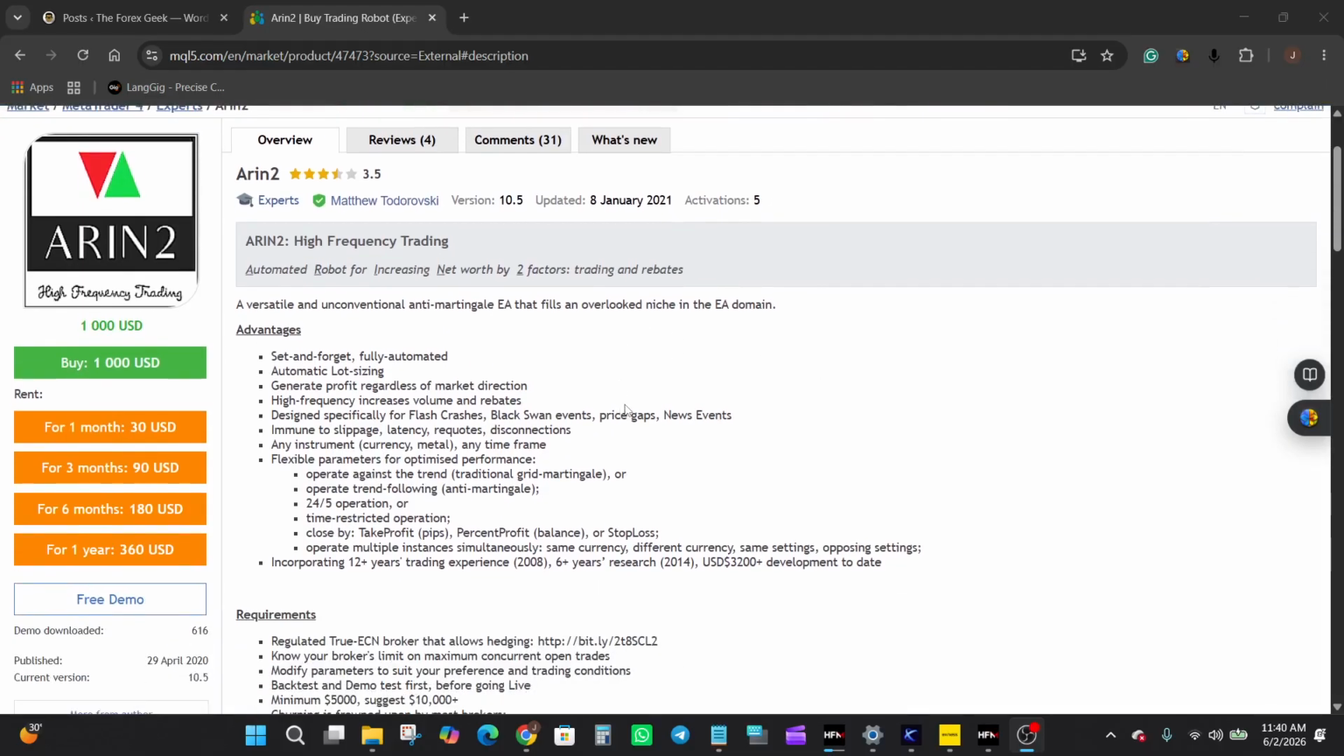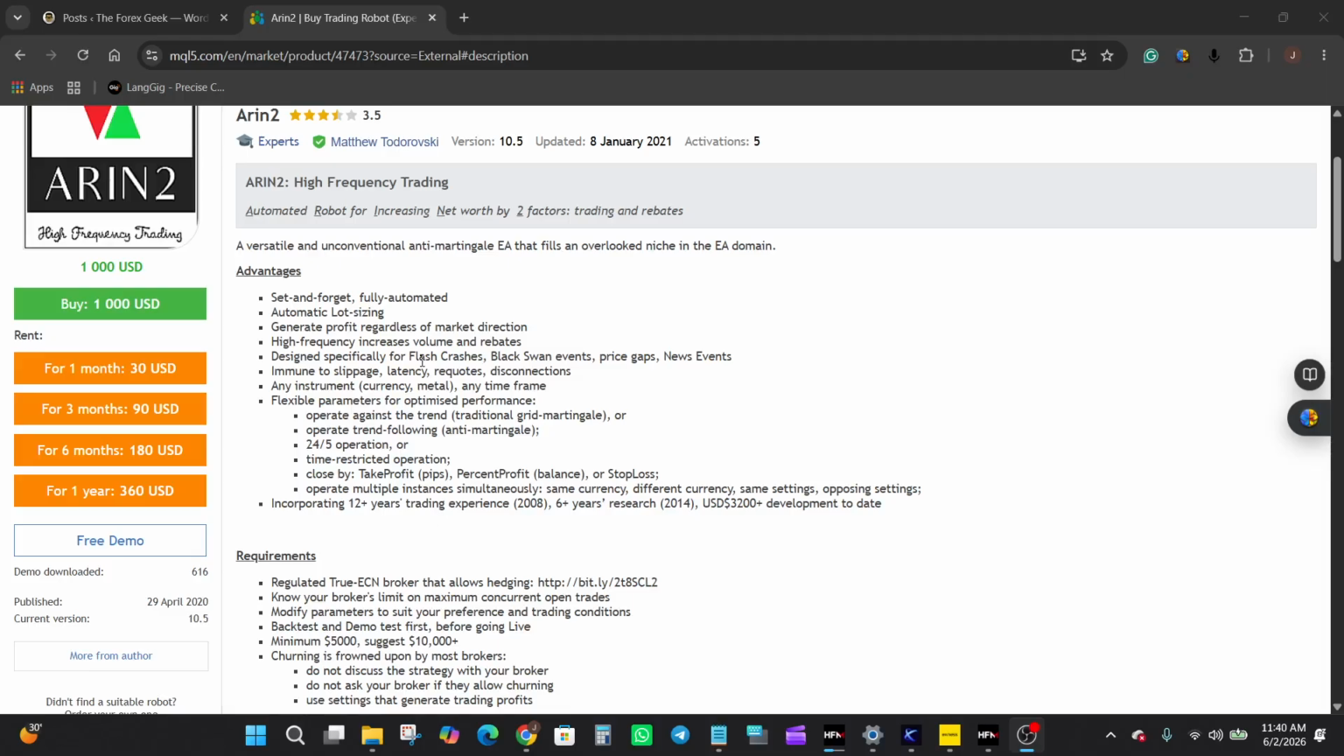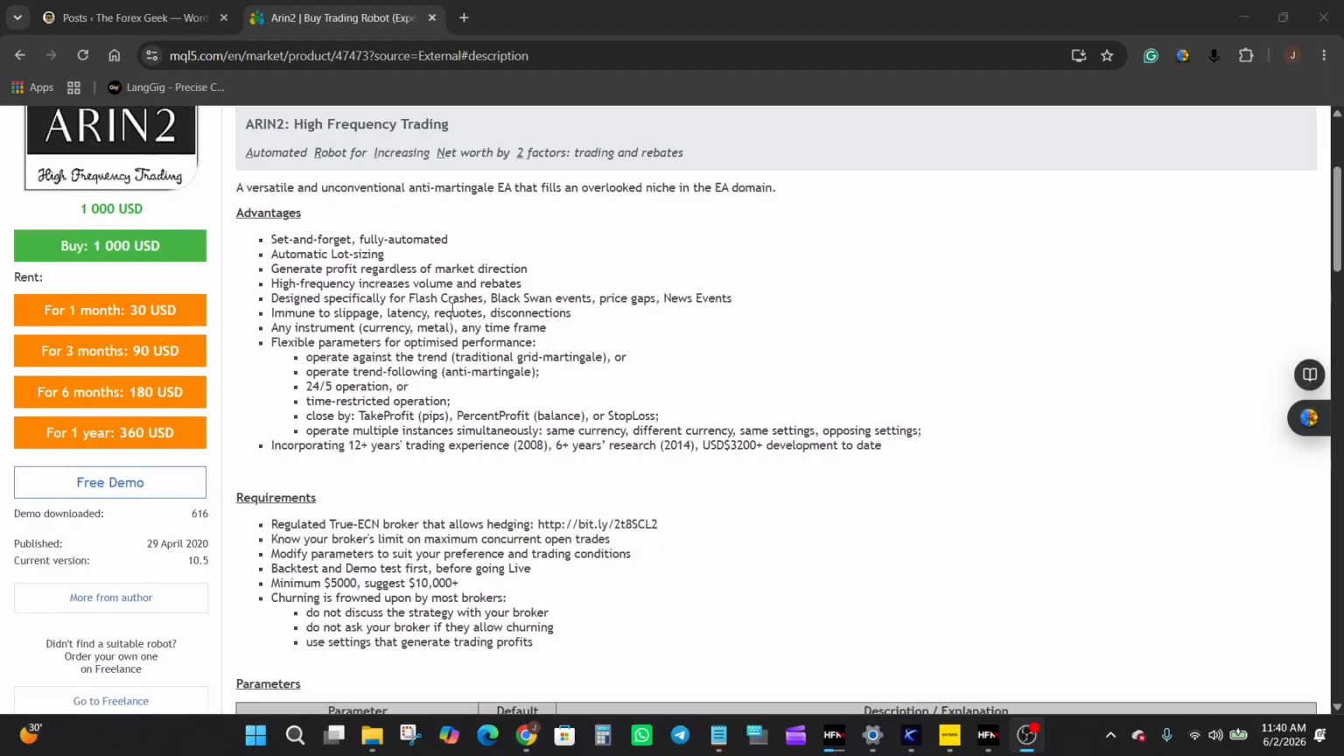Now, from the description, this EA is presented as an automated high frequency trading system designed to increase net worth through both trading activity and rebates. The developer also positions it as a fully automated solution that can operate in different market conditions with minimal manual intervention. As I scroll through the page, one of the key ideas highlighted is that this EA is described as an